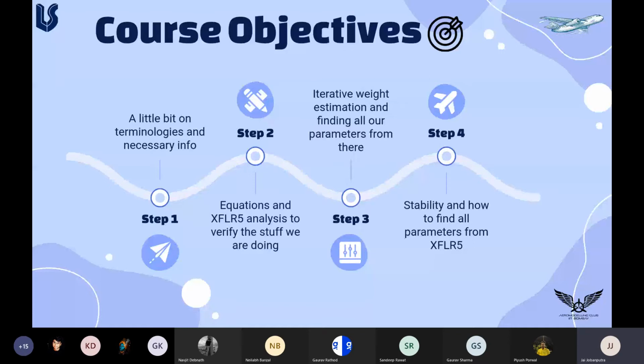And from that, when we learn how to design the plane, we will check how to analyze the stability. Once you design it, the weight estimation is done and all the components have been figured out, the next thing you do is the stability analysis. That's about where the CG is, where the AC is. If there is a mistake there, rearrange the stuff. Once you do that, you again have to do a weight iteration loop. We'll spend quite a lot of time on that part also. And this is the major part where XFLR5 will be involved, the stability part. We'll only discuss static stability, but we'll give you some resources on the dynamic ones also.